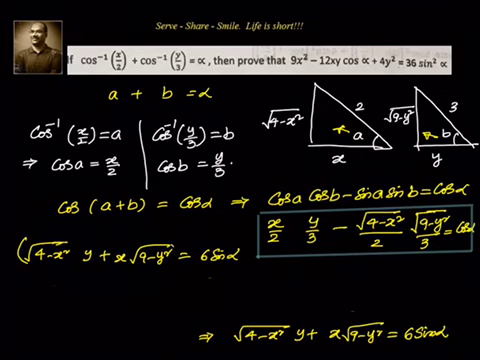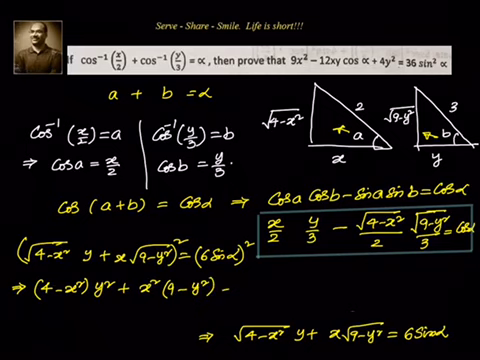We want to square it on both sides, SOPs. Next step will be the (a plus b) whole square formula, so a square plus b square plus 2ab. Can I write down (4 minus x square) into y square plus x square into (9 minus y square) plus